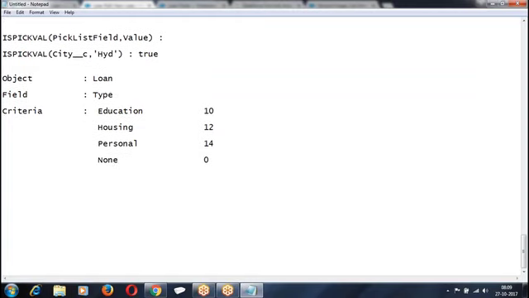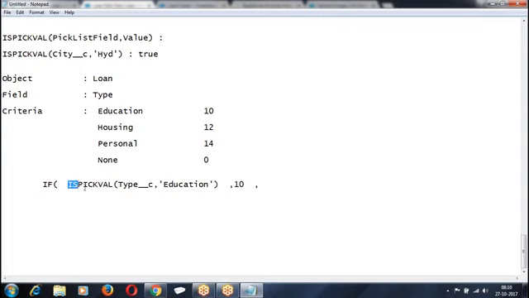So how can you check this condition? If type is equal to education, if you have selected the option called education, what is the value?